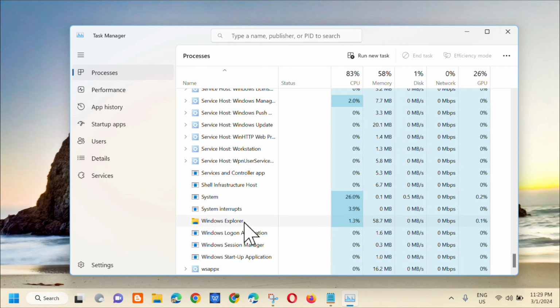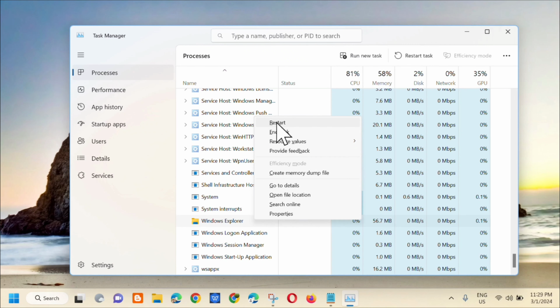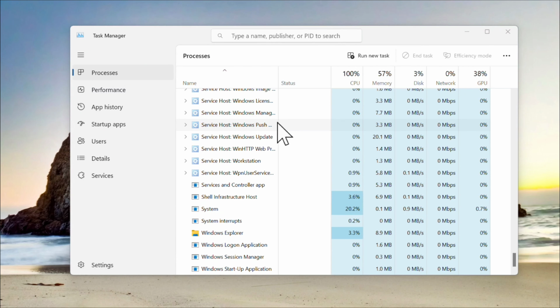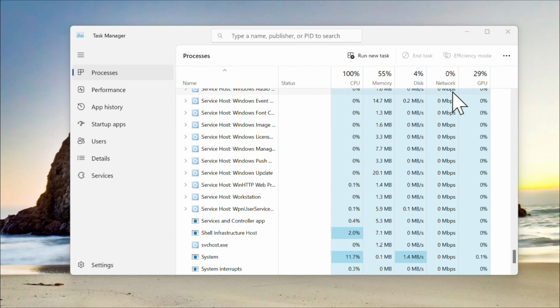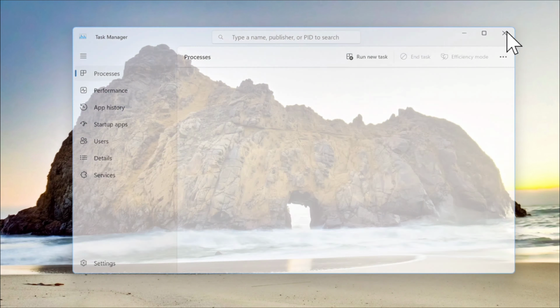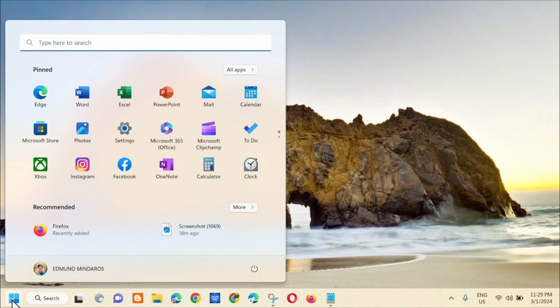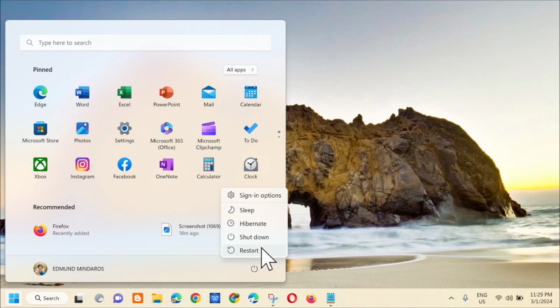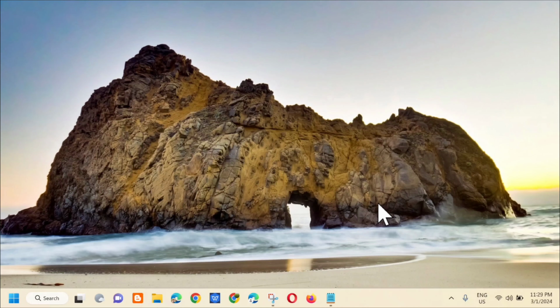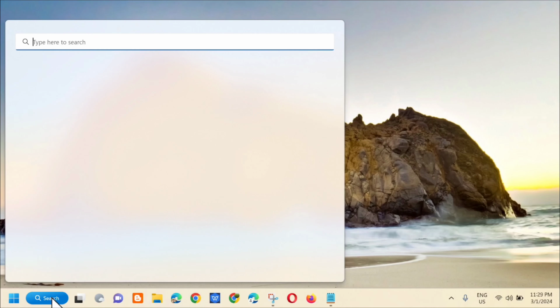So dito sa Windows Explorer, so kailangan mo lang mag-right click. And then select mo lang dito yung restart, so click mo lang siya. And so after natin mag-restart dito, so close lang natin itong Task Manager. And then dito lang sa Start menu, and then click mo lang to restart. If the error still persists, so ang next solution na gagawin natin ay dito lang sa search menu, and then